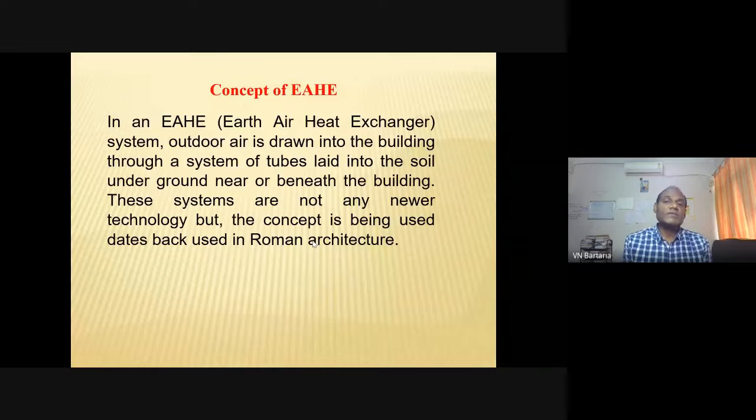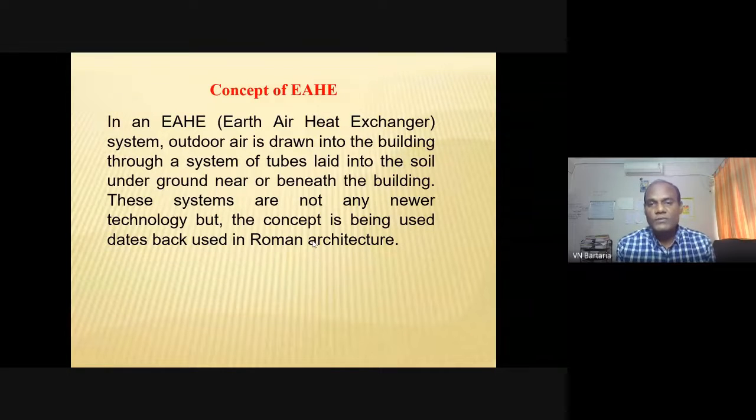So nature has given everything. Nature has given all the alternatives. We only need to understand nature, as I had told in my previous session. We had seen that we need to understand our nature, our environment. Everything is there. We have every solution, alternatives are there, and they are really useful.